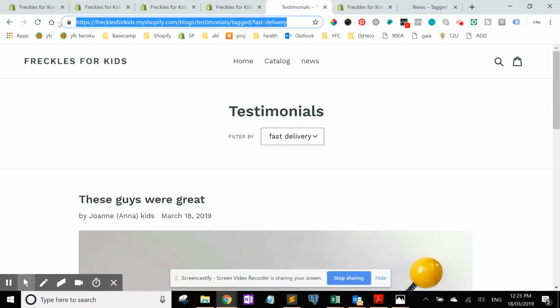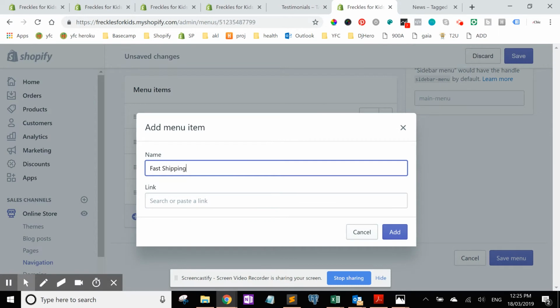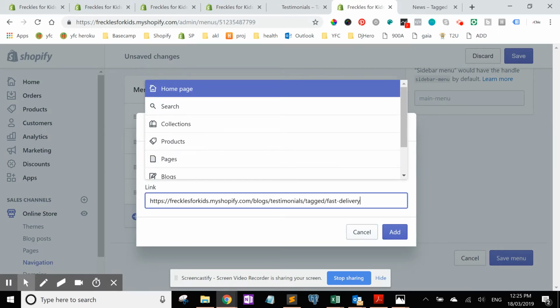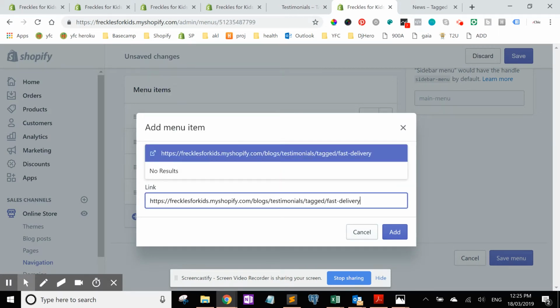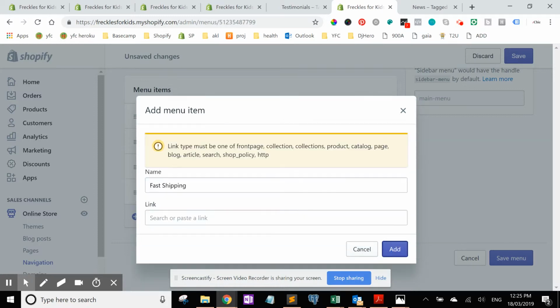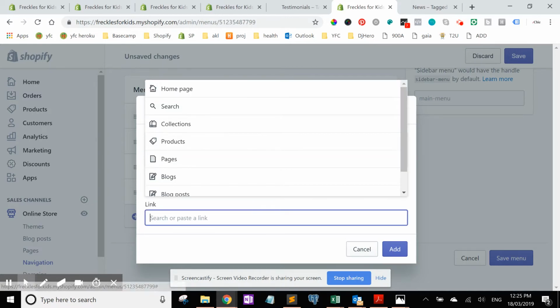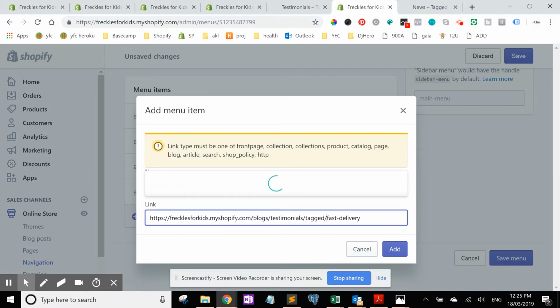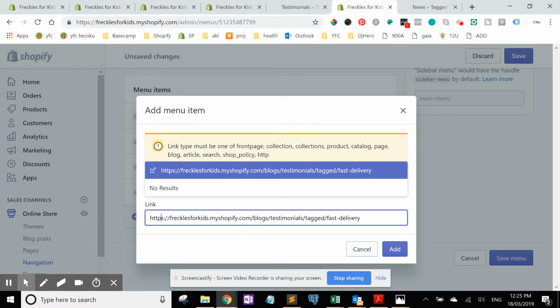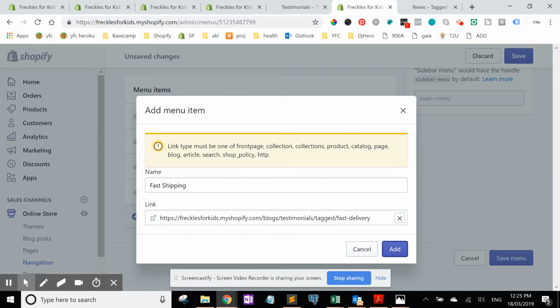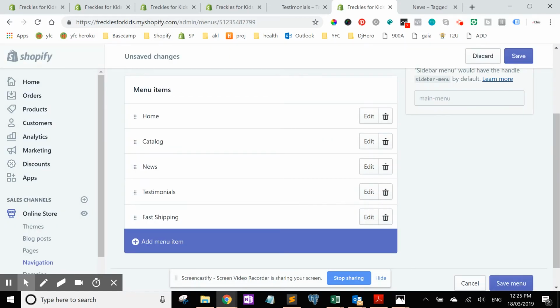So I'm going to copy that link. But I always forget when doing a link to click on that blue button, add. Okay, and now if I save,